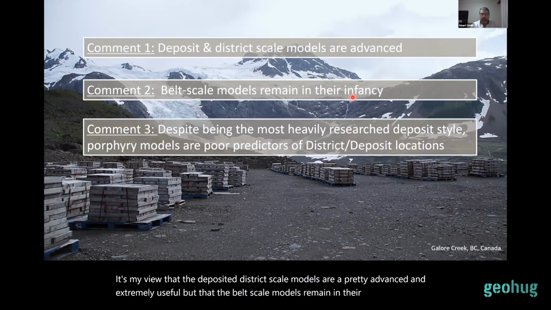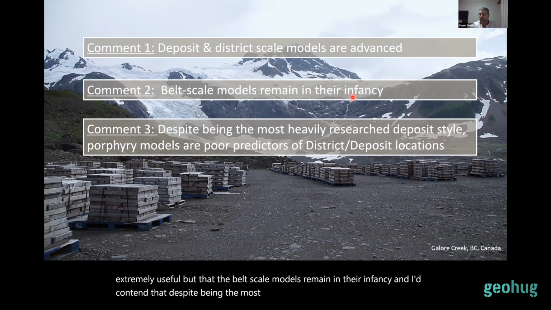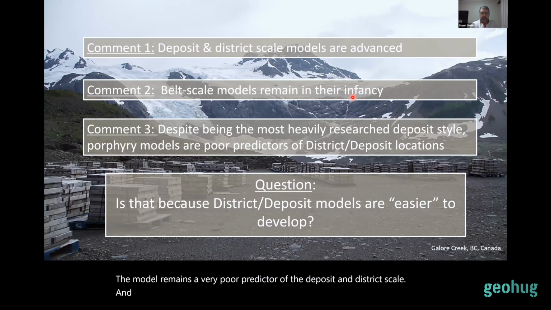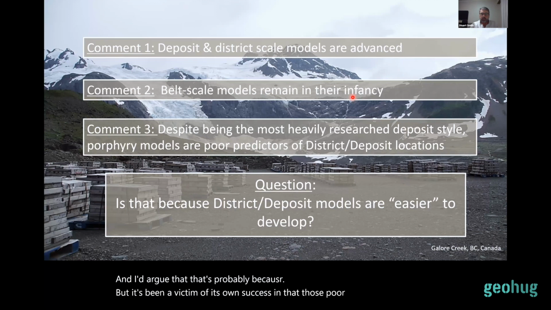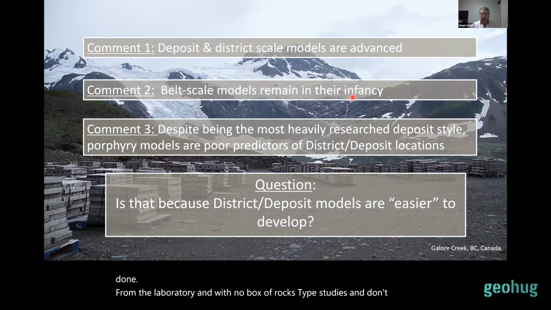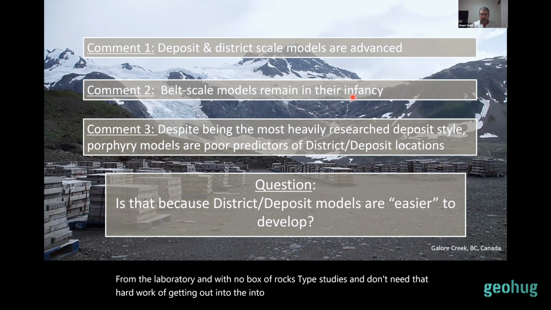And I'd contend that despite being one of the most heavily researched deposit models, the model remains a very poor predictor at the belt scale. And I'd argue that that's probably because it's been a victim of its own success, in that those porphyry district and deposit models have been so successful at predicting where to go within systems, and they're easier in some ways to develop, because many studies of the geochemistry and the nature of those zoning patterns, etc., can be done from the laboratory and with box of rocks type studies, and don't need that hard work of getting out into the field and studying things at the big scale. So I'd say that, to me, that's one of the reasons that we've got really good deposit and district models, but quite poor